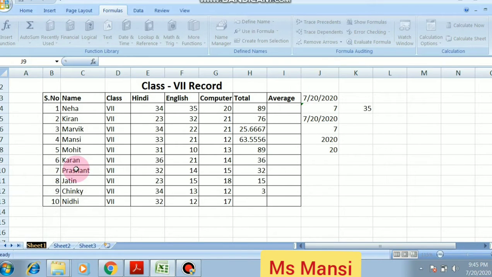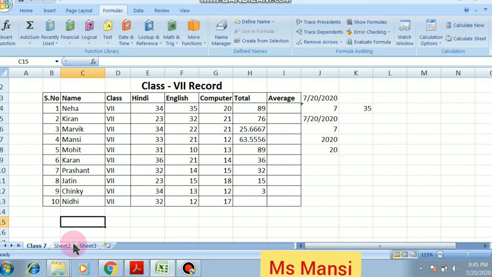Now I want to rename this sheet to class 7 and press the enter key. Now look here, Sheet 1 has been renamed to class 7. Understood? This is the process of renaming a sheet.